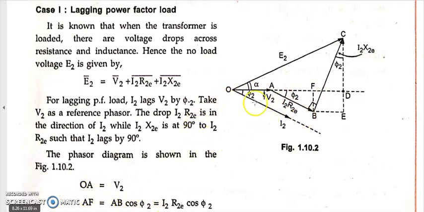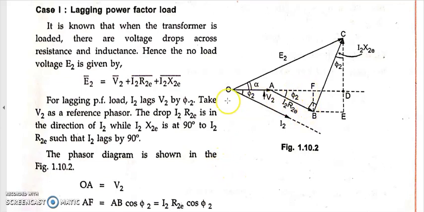We have already defined that OA is the length and we are calling its magnitude V2. But what about this AF? To find AF, we need to consider triangle AFB. AFB is a right angle triangle, with 90 degrees over here. So we can write a cosine formula there: cos phi 2 is equal to AF by AB. Yes or not? AF is the adjacent side and AB is the hypotenuse.